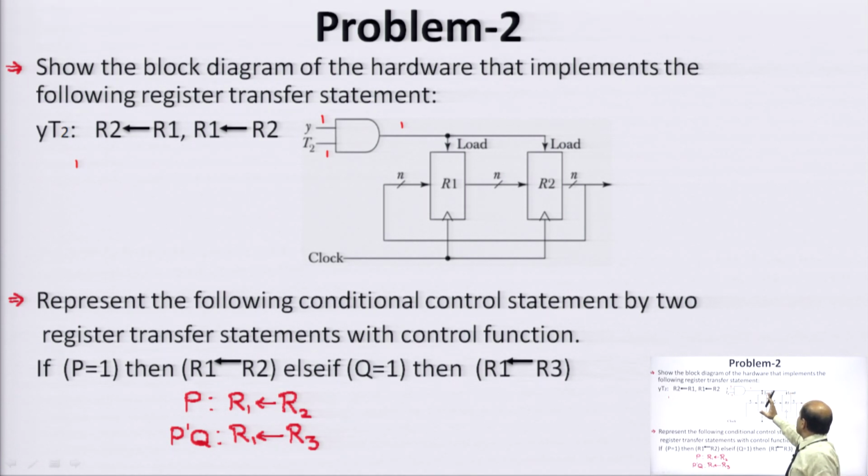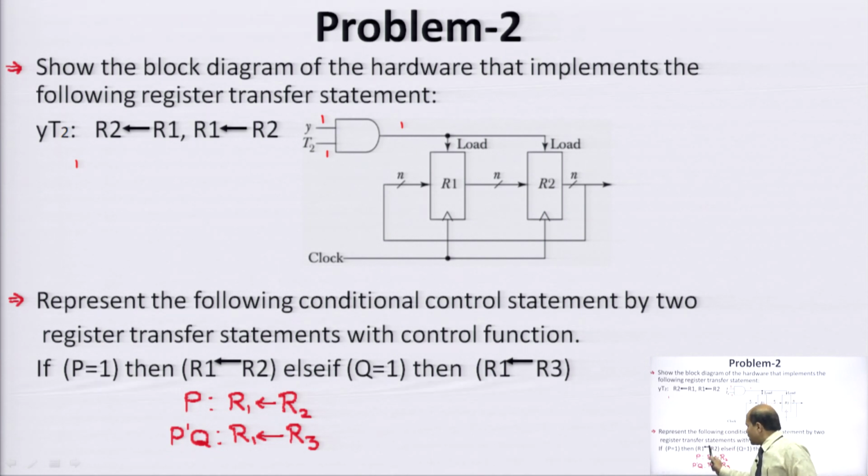All the n bits are transferred to R2, and in parallel to this, within the same clock cycle, all the content of R2, or n bits, are transferred to R1. This way we can understand the circuit diagram. In the second problem, represent the following conditional control statement by two register transfer statements with control function,